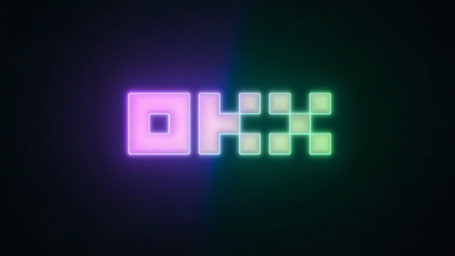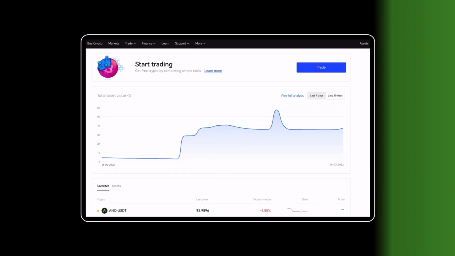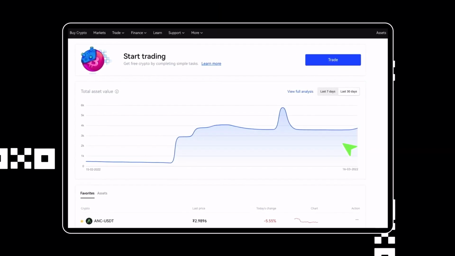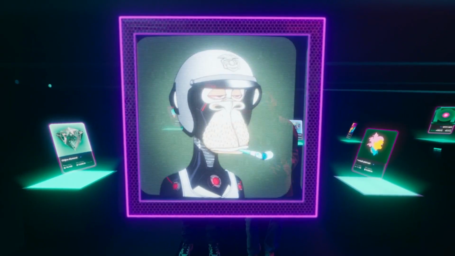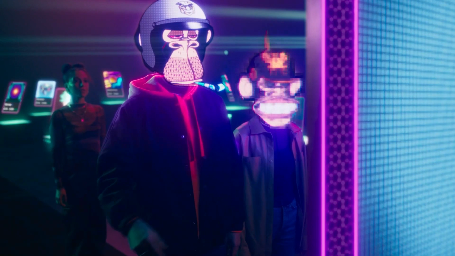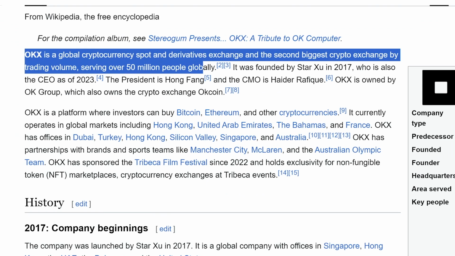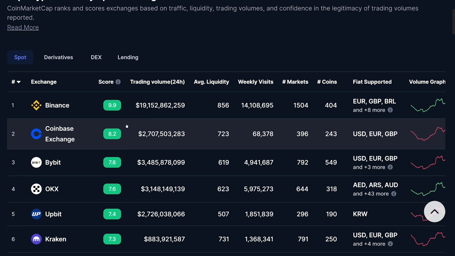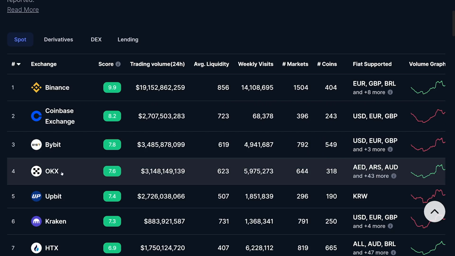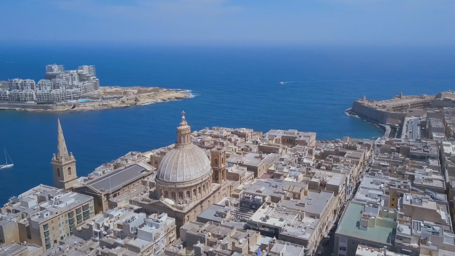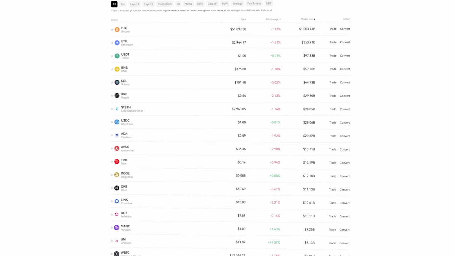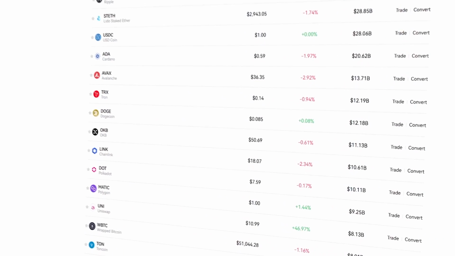First up, a little bit about OKX. OKX, formerly known as OKEX, is more than just a platform for buying and selling digital currencies. It's a comprehensive ecosystem that caters to a wide range of crypto-related activities. Founded in 2017, OKX has grown rapidly, establishing itself as a global leader in the cryptocurrency exchange space. With its headquarters in Malta, a hub for blockchain technology, OKX empowers users to trade and invest in a diverse